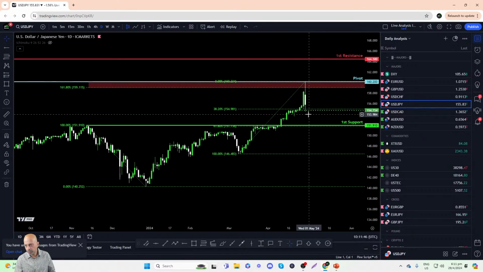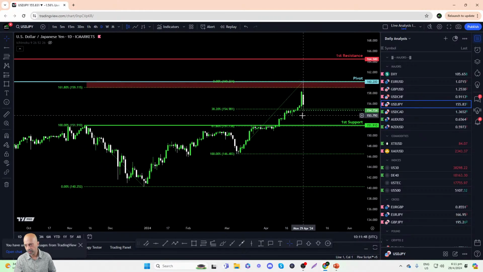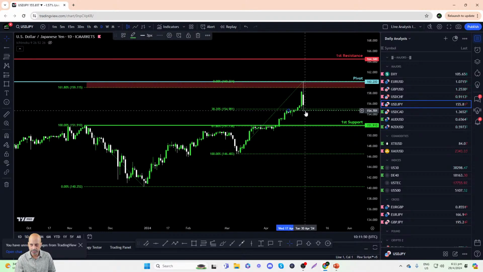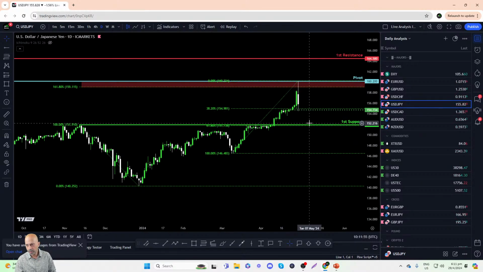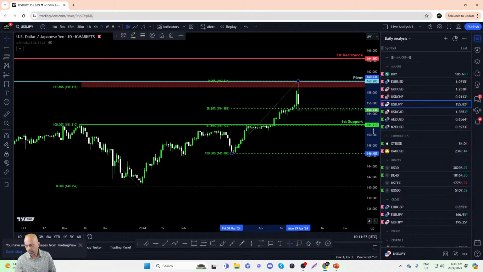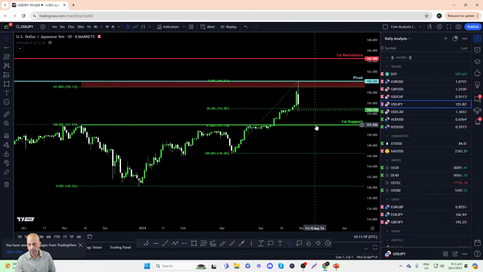Right, so take note, should we see once again the dollar yen break lower, this break underneath the support level, it could potentially trigger a bearish breakout, and where it could find support would be around 151.91, which is a zone that we would use to identify as a potential take profit.